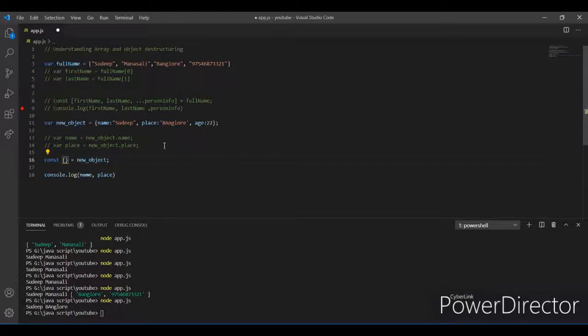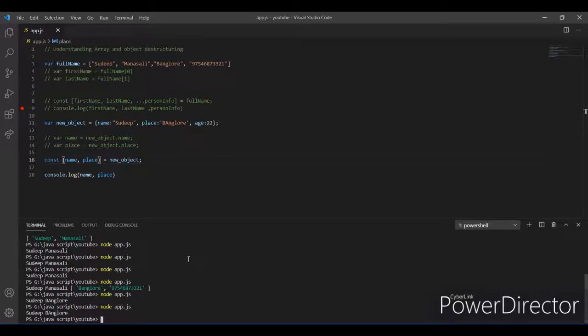And within this object literal you just add the names of your own choice, that is name and place. Now save this and it logs, and again I got Sudeep and Bangalore in the log. This is how we work with object destructuring.